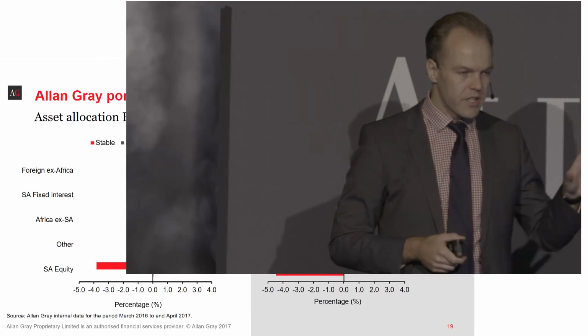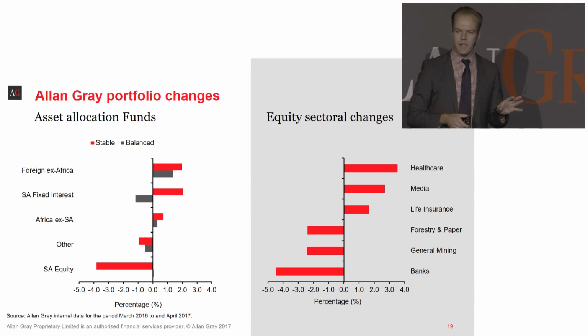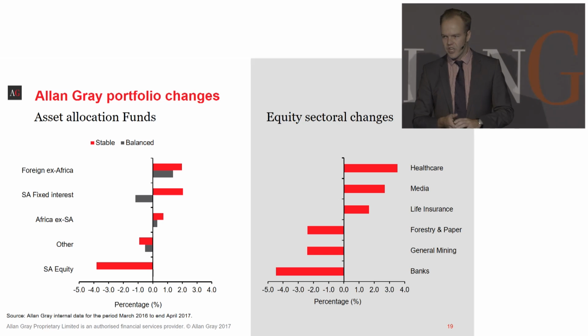So you're thinking about your risk capacity, we're thinking about managing the risk appetite. And what is it that we've been doing in our portfolios over the last year? Firstly, let's look at the left-hand side. In the asset allocation portfolios, the stable fund and the balanced fund, what are the changes that we've made